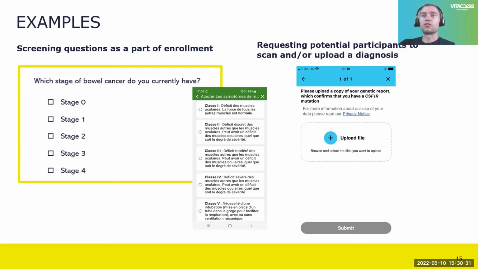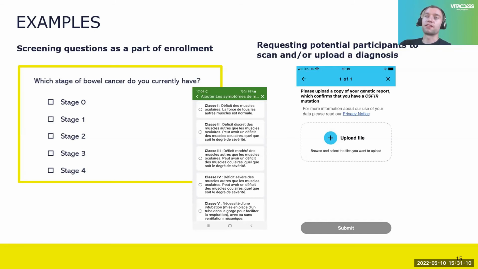Again, where these are digital, remote longitudinal studies, circumventing the problem of someone having to print something off and take it in to a healthcare professional, if they're able to get this letter somehow or have an existing letter, we allow them to scan this in or take a photo while they're using the app and scan that as part of registration. So the screenshot there might be a bit small for people, but